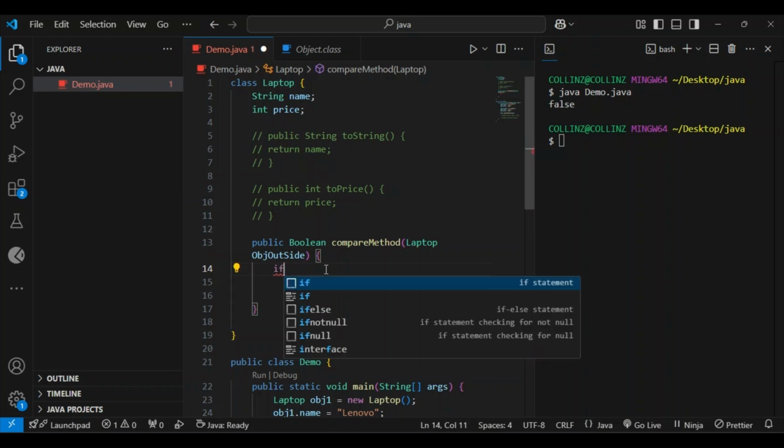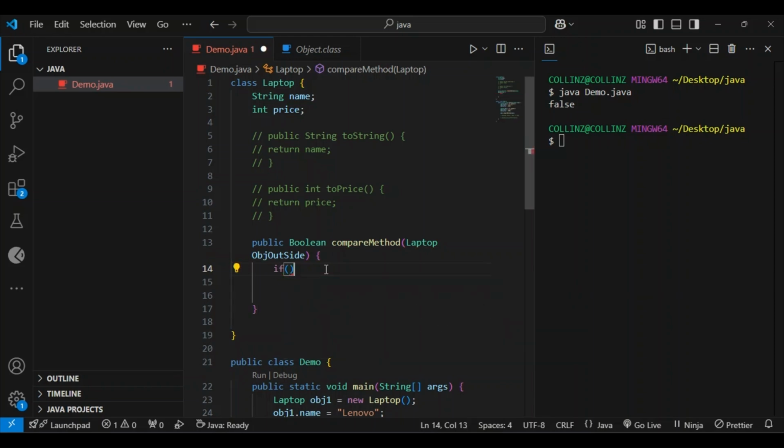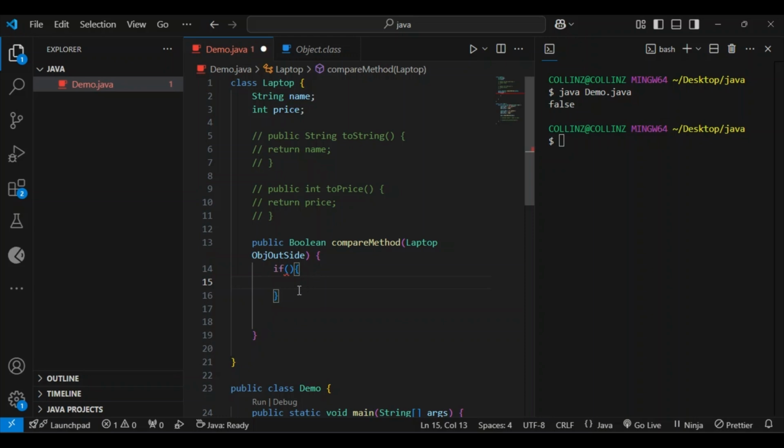In this case, I use an if statement. If I will say this, I want to access this. Remember, this is our local. These two are our local variables inside our object. So inside this, I will say this dot name